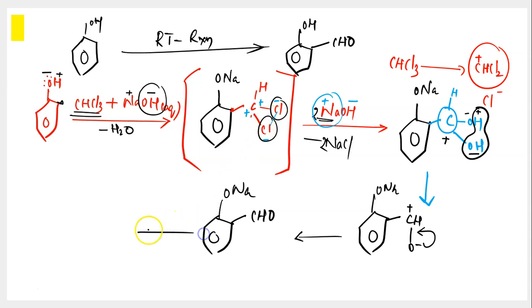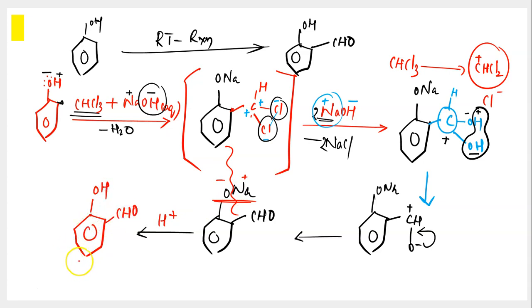And now you have to remove the sodium from this particular oxygen, and in order to do so you're using acidulated water again. You are going to break this bond with this acidulated water. O minus Na plus will be formed and this H plus would be attacking O minus, leading to formation of OH, and CHO anyways is present. So this is called salicylaldehyde, and this is the Reimer-Tiemann reaction. See, technically speaking, the Reimer-Tiemann reaction and Kolbe's reaction share a few similarities in the mechanism. In case of Kolbe's reaction, you were using carbon dioxide, but over here you're using CHCl3 and accordingly the mechanism proceeds forward, correct?